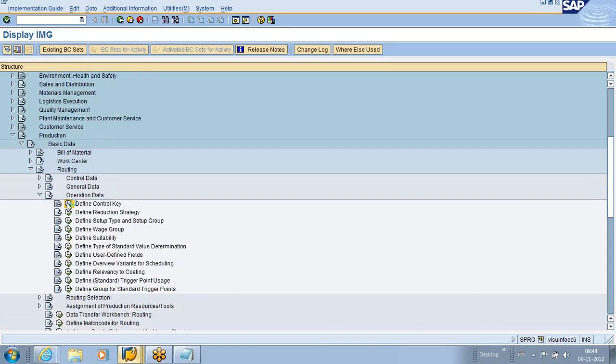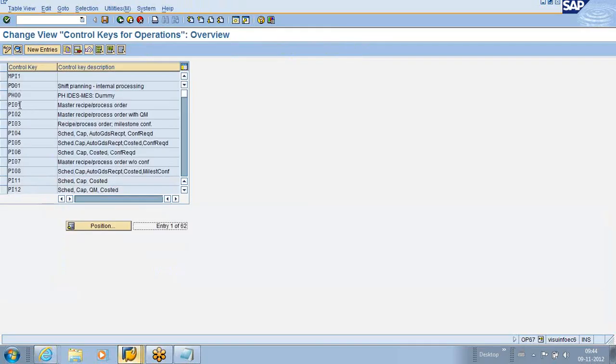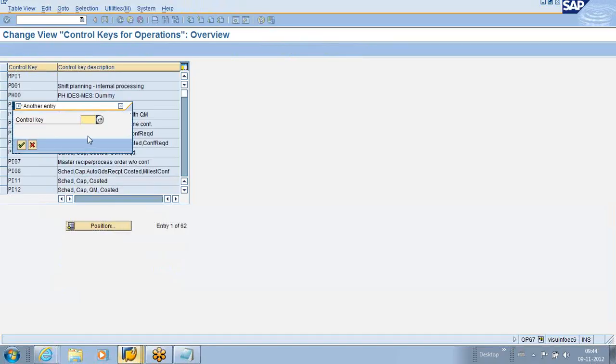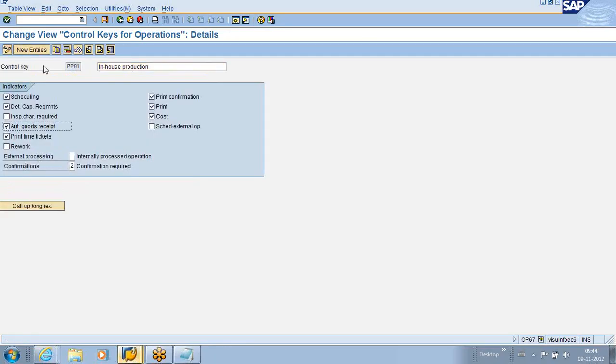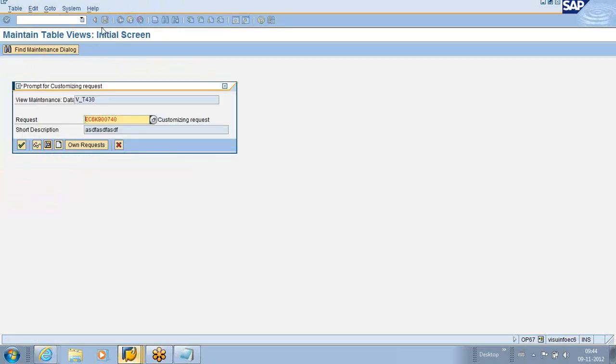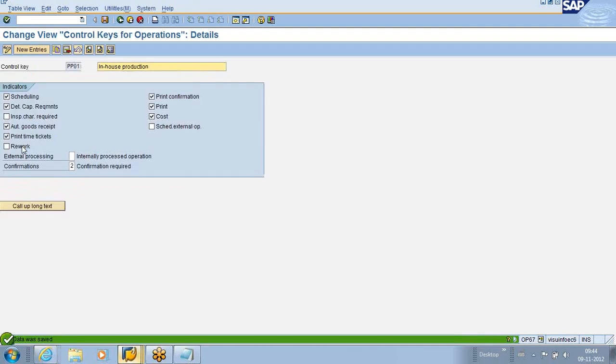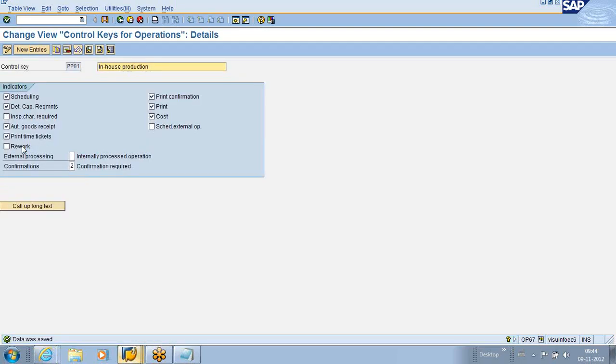Define the control key, right? In this control key, we are talking about the PP01 settings as of now. I want to go to the settings of PP01 and make it automatic goods receipt, right? Chandra, I did automatic goods receipt, right? Okay, fine. And one more small setting is required in MM02